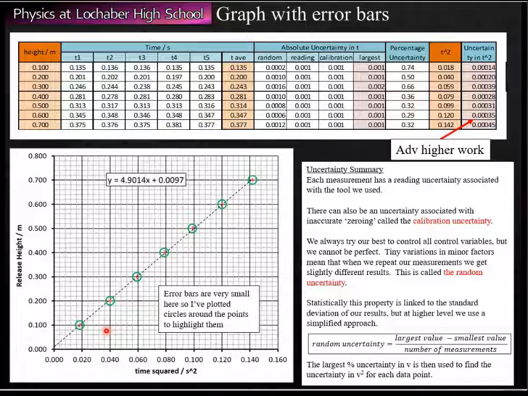This is a slightly more advanced version of the same sheet as before. Again, I've done some extra sums up here to work out just how carefully we think we were when we actually worked out those values. You don't need to worry too much about this. It's just really to show off the quality of the equipment. But again, you find that it does